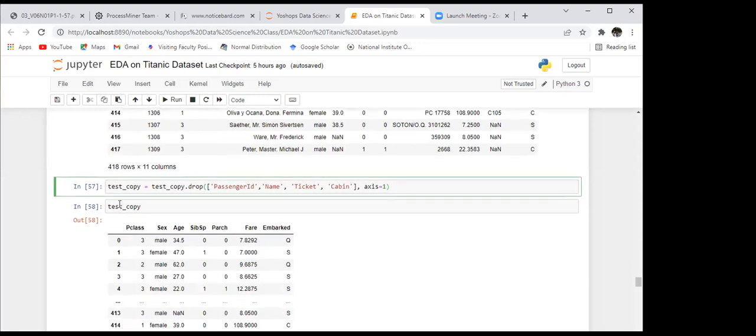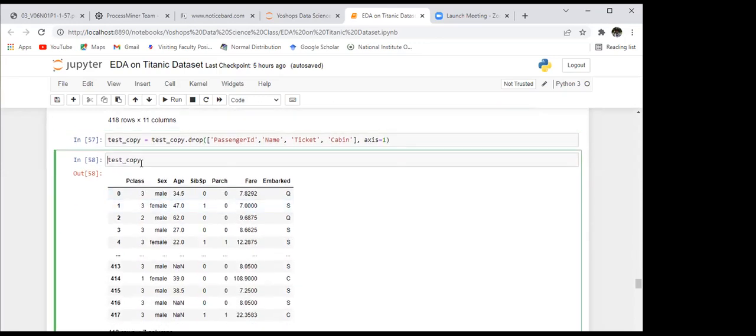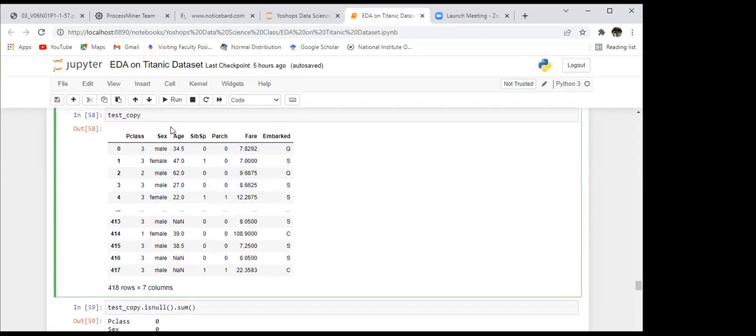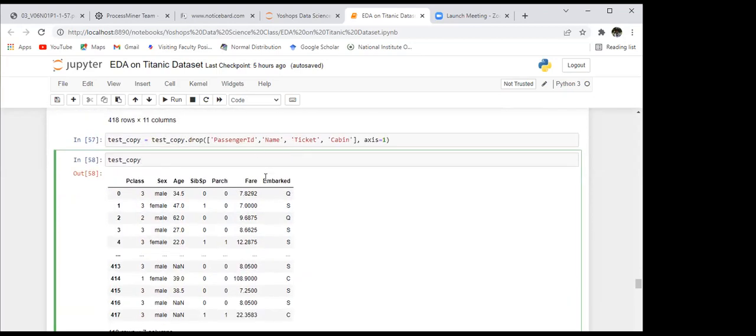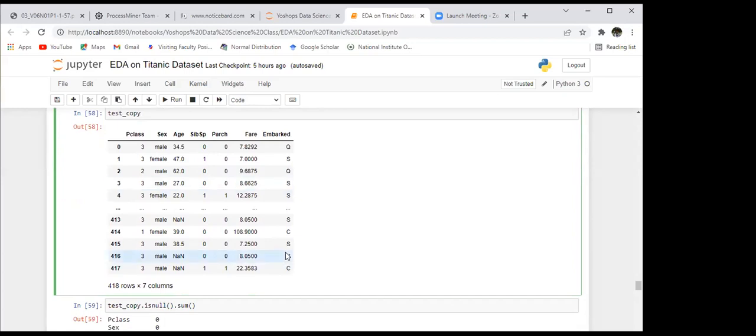So we have dropped them. Look at the data again. So this is your test copy with all these variables removed.